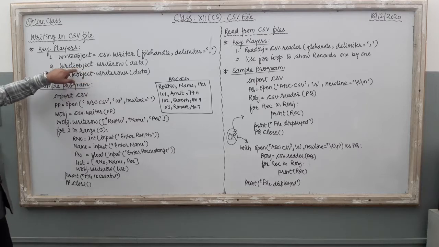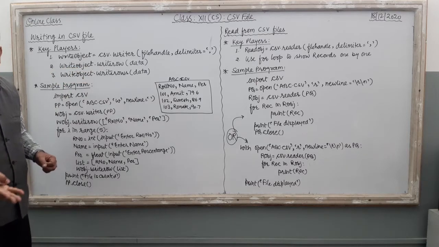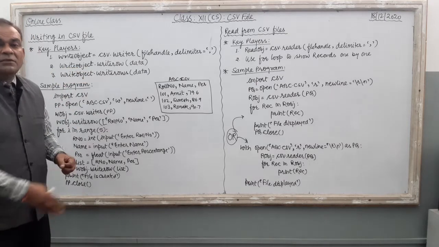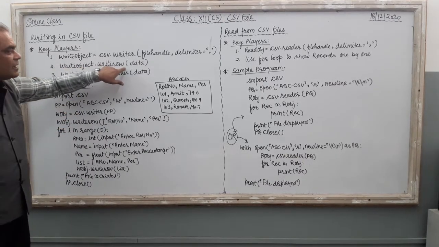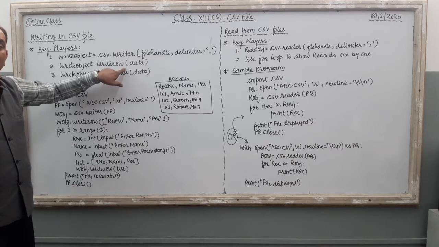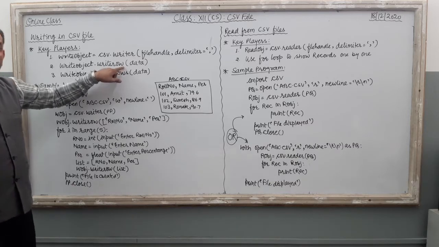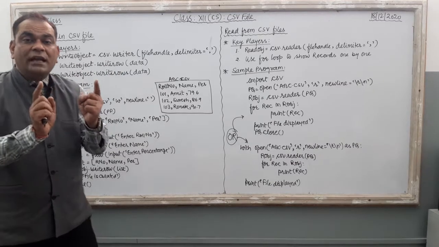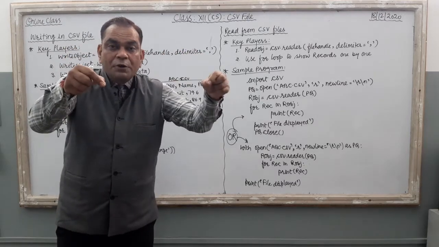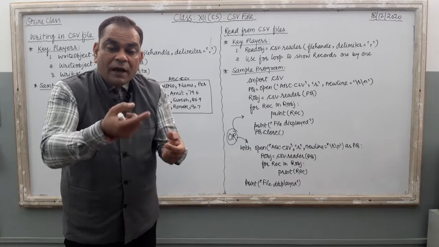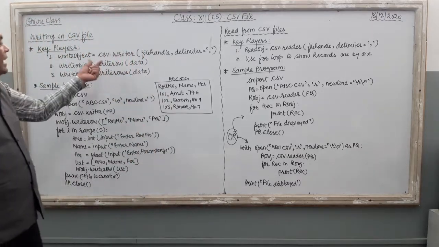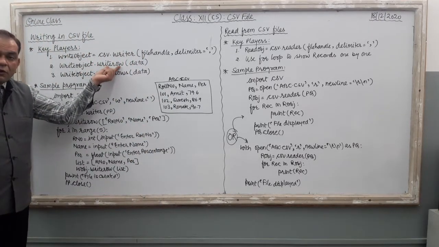कैसे बनाते हैं? Write object में अगर आपको कुछ चीज लिखनी है, if you want to write something in the write object, just write write object dot write row. It is the very first command, write row, right? If you want to store individual record, one list, one tuple, one dictionary, or you are going to write the data one by one, then writerow function is there for you.